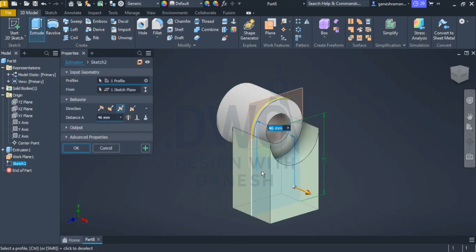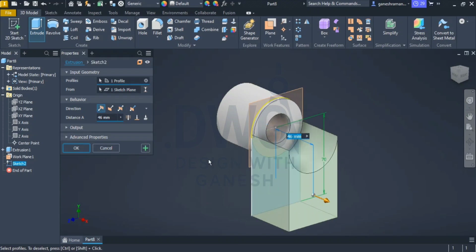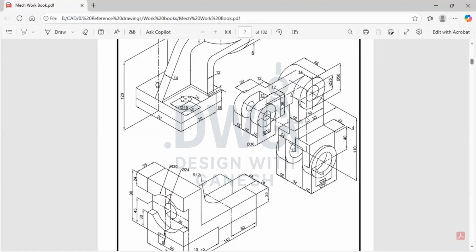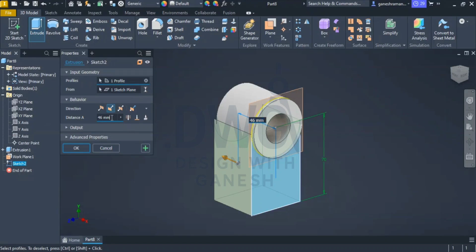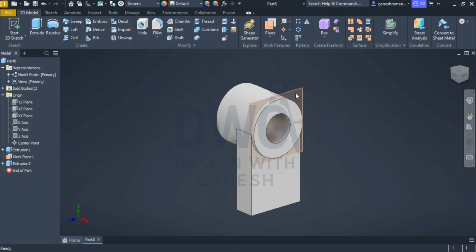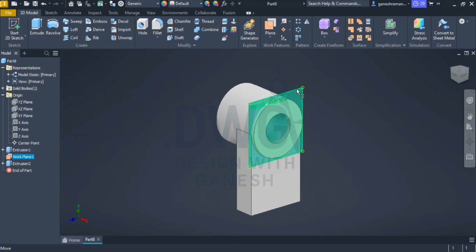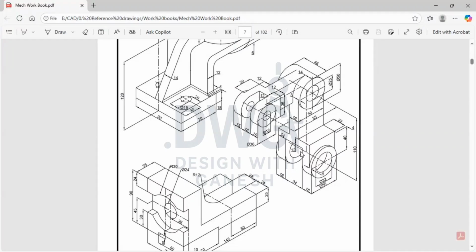Select this boundary, which is not symmetric, so reverse direction, which is a thickness of 18. And okay, after completion, just hide this sketch, hide this plane. Okay, that's it. And the bottom part, which is 12